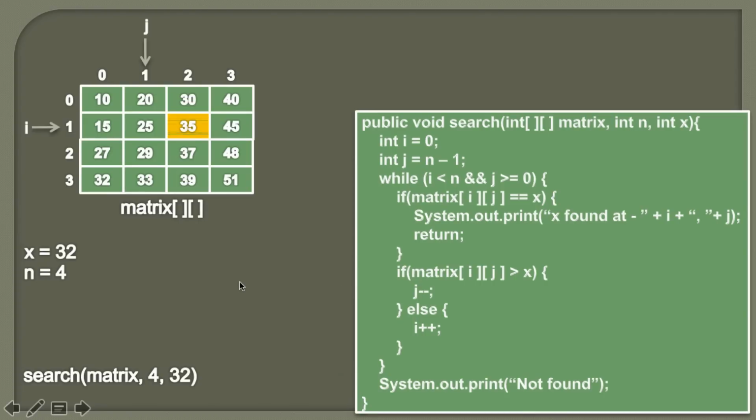Moving ahead. Now again we'll check in the while loop whether the value of i is less than n and j is greater than or equal to 0 or not. So here you can see the value of i, which is 1, is less than 4, and the value of j, which is 1, is greater than 0. Therefore the condition in the while block comes out to be true.